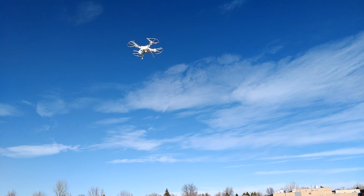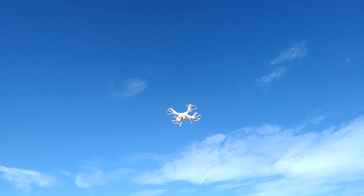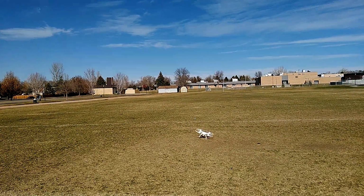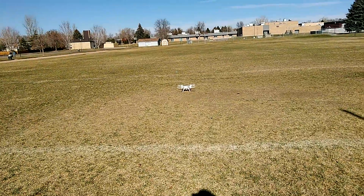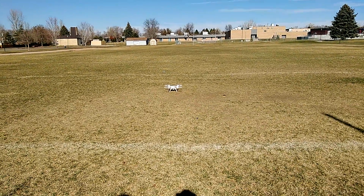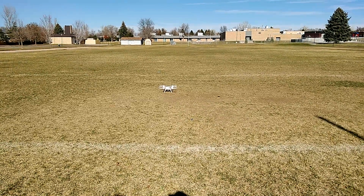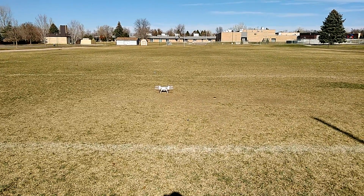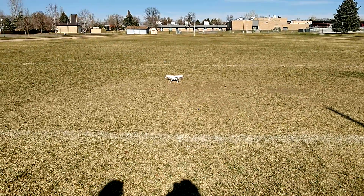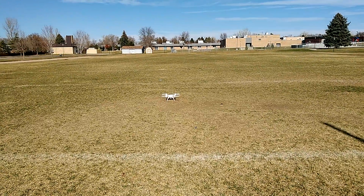So we'll bring it in real quick here. Now the automatic landing is pretty easy. You just hit the button and you'll see it'll automatically come down and the motors will turn off. Now in a crash situation where the drone crashes, the motors will automatically shut off by themselves. You don't have to do that. But just keep in mind, if you do crash, you're going to have to redo the factory settings. That way it recalibrates everything. So we'll go up again, and we'll go ahead and